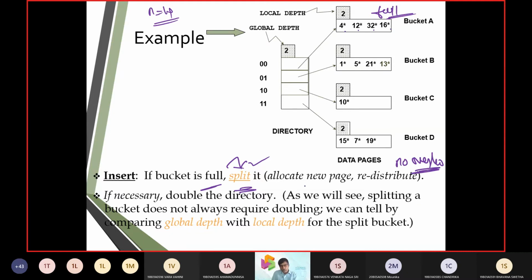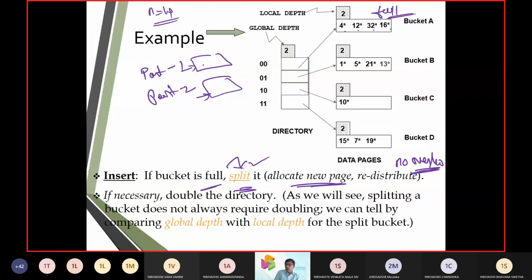So what we have to do was allocate a new page. So part 1, part 2, right? Movie title followed by part 1. Movie title followed by part 2. We are not changing the movie title. What we are changing is what part it is, episode 1, episode 2, episode 3. So part 1, part 2, part 3, we are going to increase. We are not changing the episode names, we are not changing the serial names, we are not changing the bucket names. We can call it A1 bucket, A2 bucket, A3 bucket.